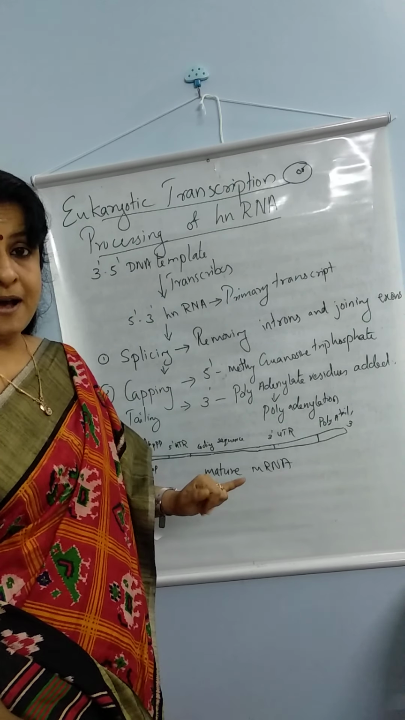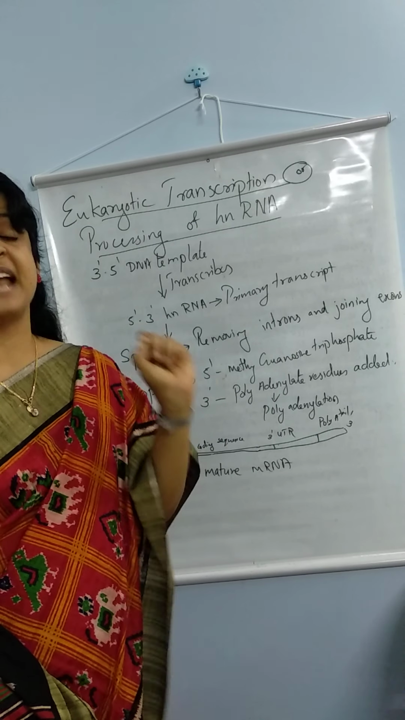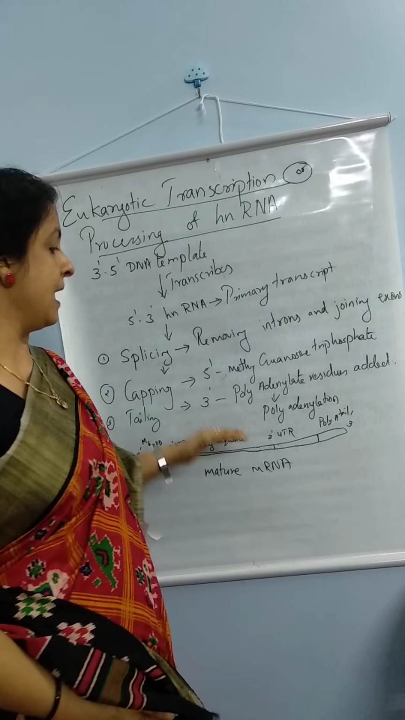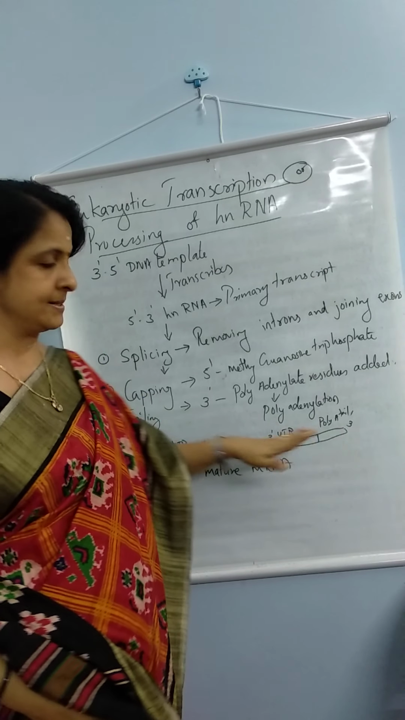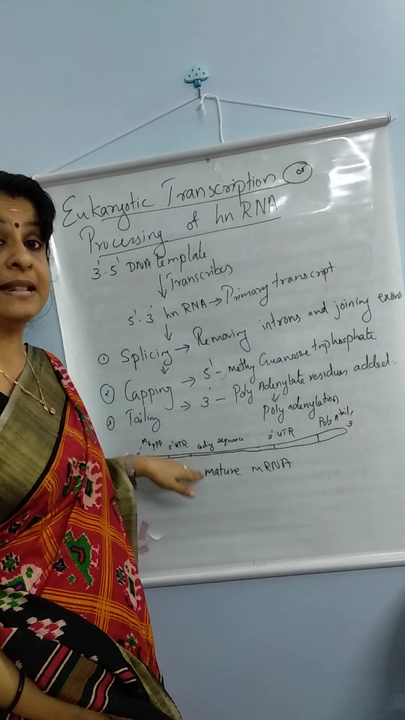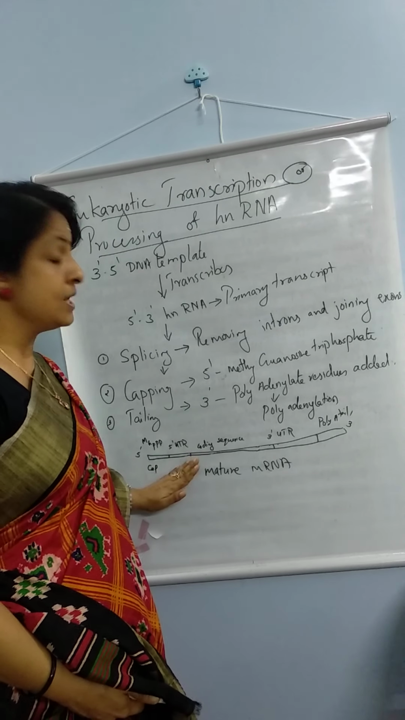What is UTR? The full form is untranslated regions. So all these are nucleotide sequences. These sequences will be present in the RNA, but it will not be